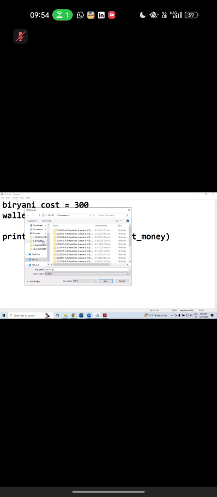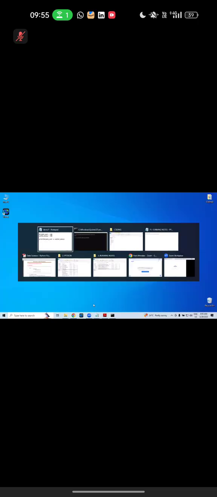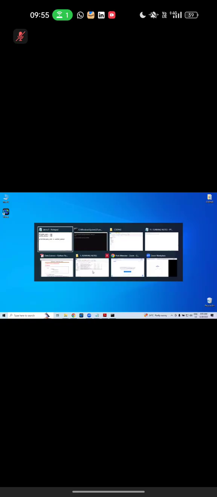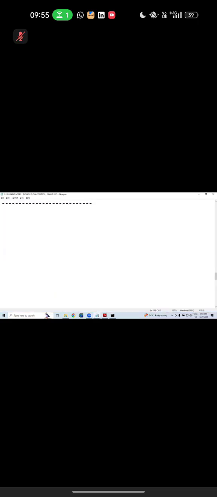Then let me continue. The first one.py. Can you select the files? Go to the desktop, go to the coding. Let's save this one. Good, very simple example, you know by this time. Creating variables and creating a condition by using variables.